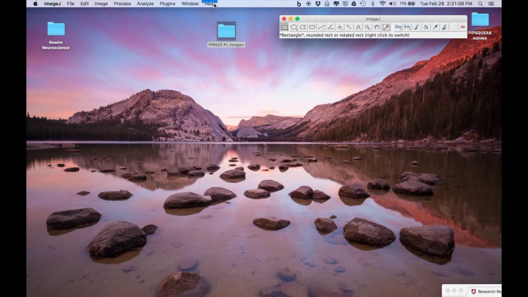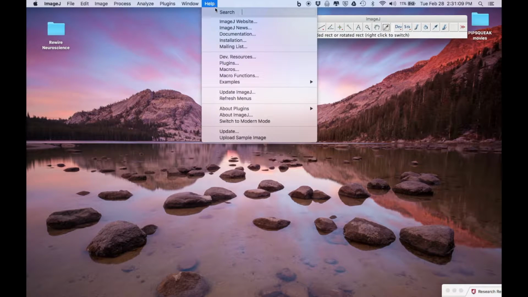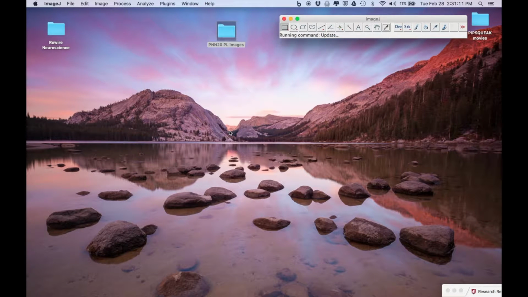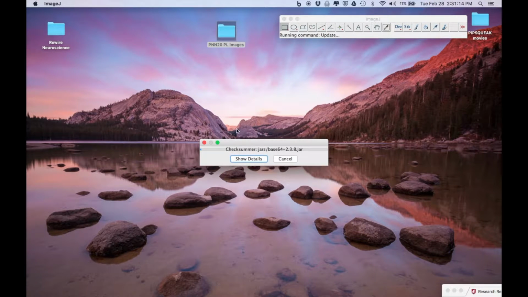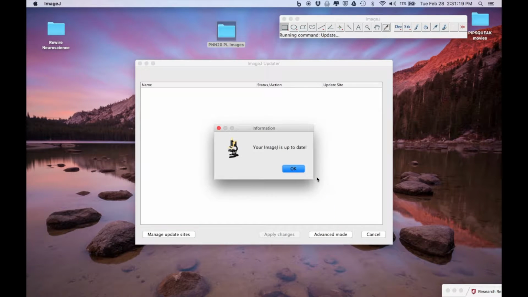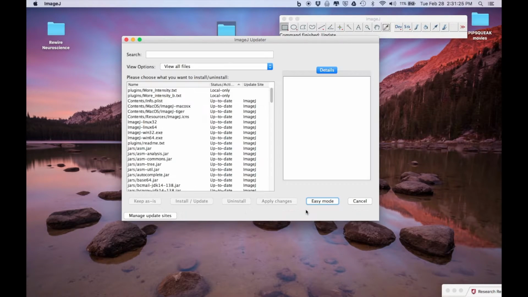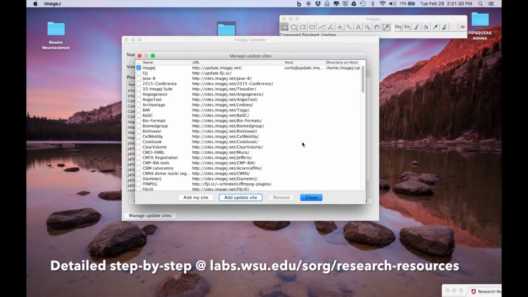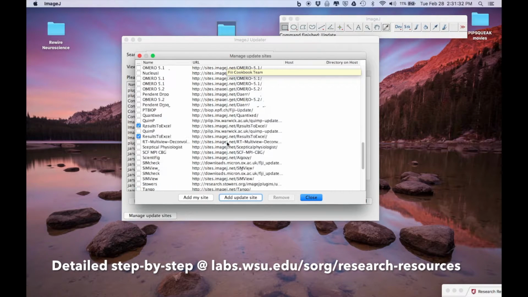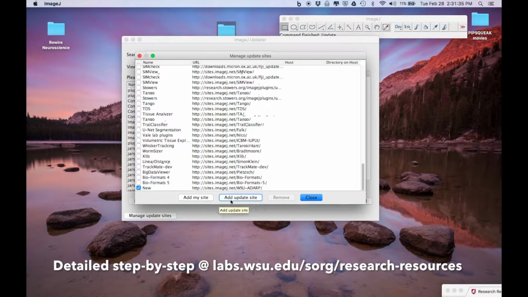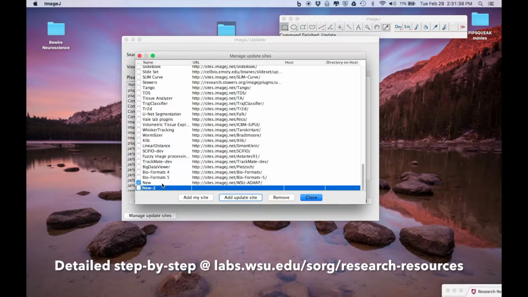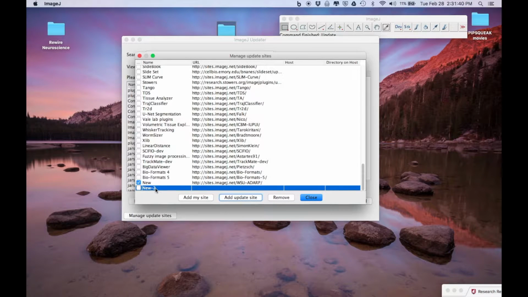From the Help menu of ImageJ or Fiji, we're going to go to the update settings. And when the update window opens, it's probably going to be checking for updates, and eventually it will say, okay, good, we're up to date. And so the first thing we're going to want to do is go to our advanced mode. And then we're going to want to go to Manage Update Sites. And from this window, we're going to scroll down to the bottom and we're going to say Add Update Site. And when we do that, we've got a new line down here with nothing in it. And so let's go ahead and name it something useful like Pipsqueak